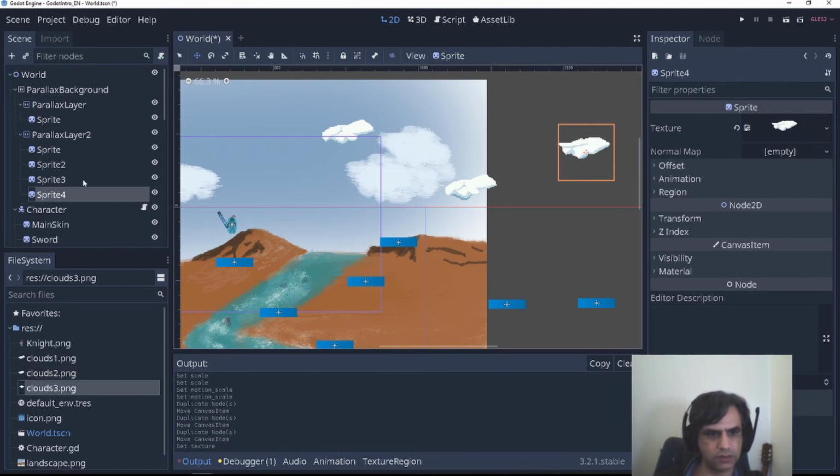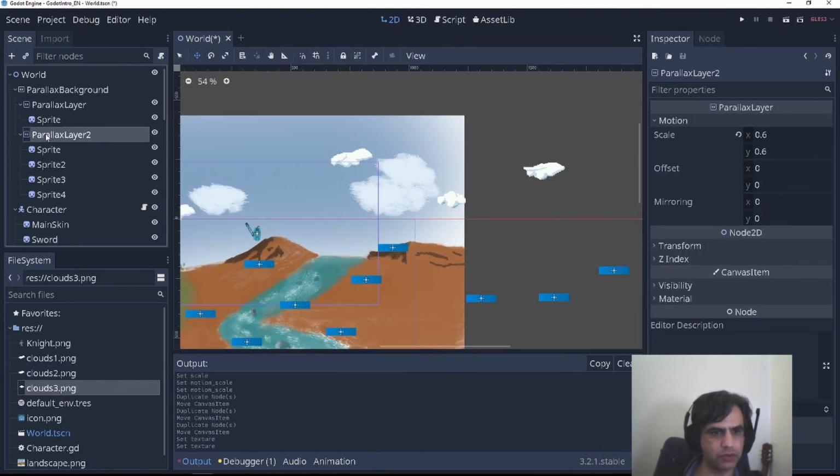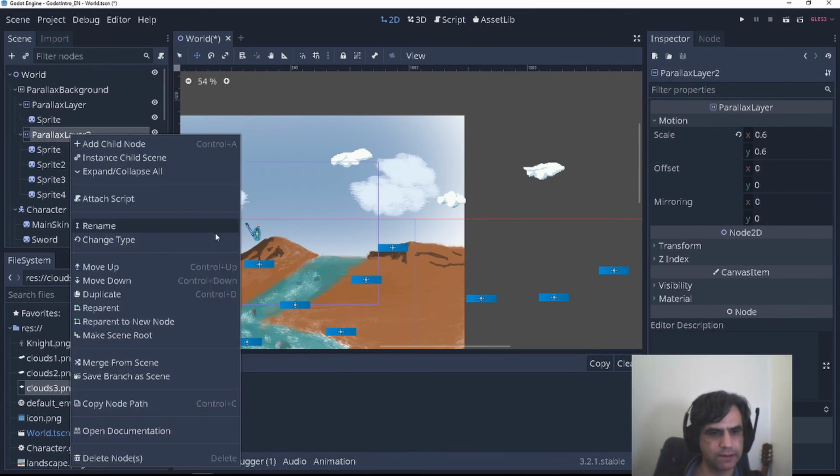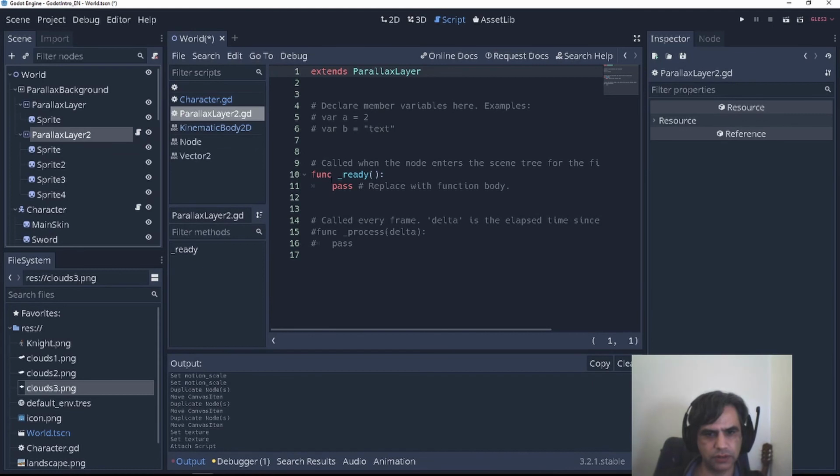Select this for that one. And what I'm going to do is this: I'm going to attach a script, create, and going to use on this one.